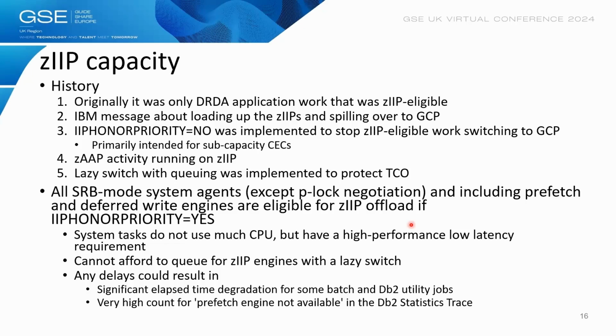The problem happens when zIIPs get busy. When zIIPs get 100% busy, they can spill over and use general CP, when this setting is on, which is the default. So again, instead of using the zIIPs, we are using the CPU cycles from general CP, and we pay real license money for this, right?